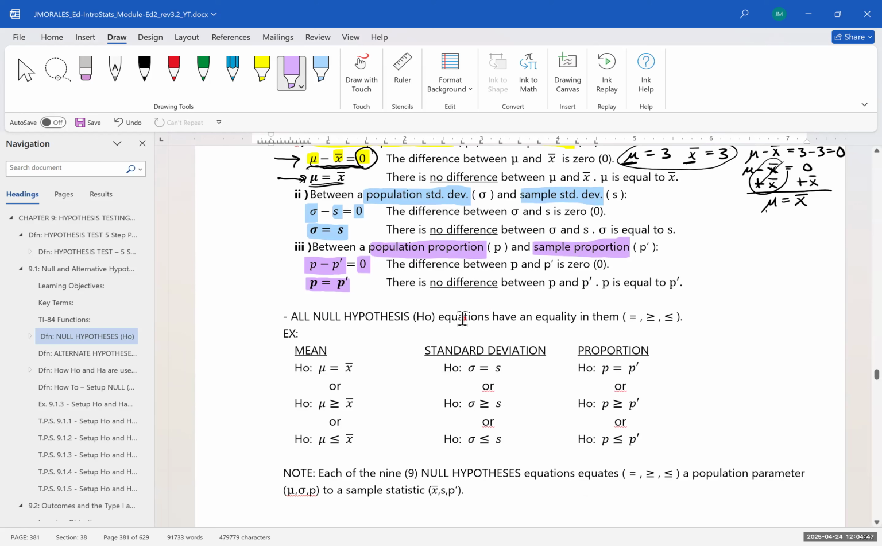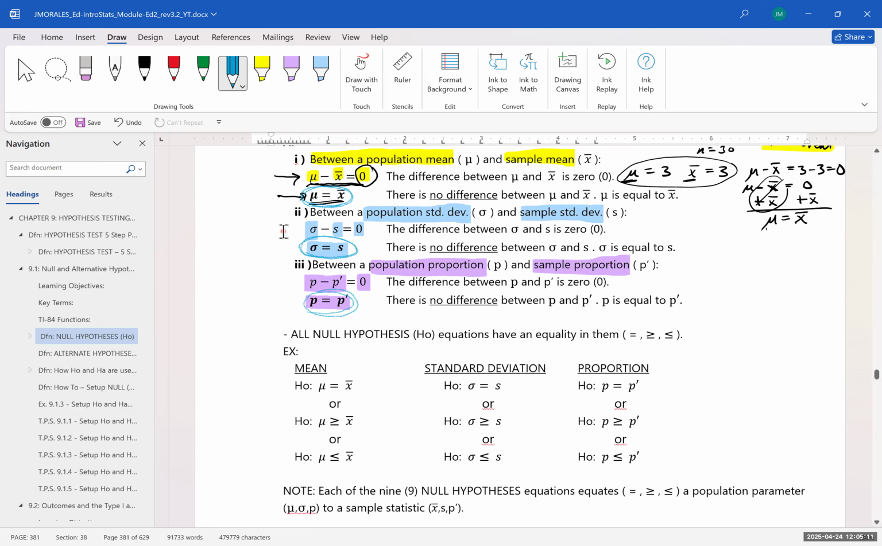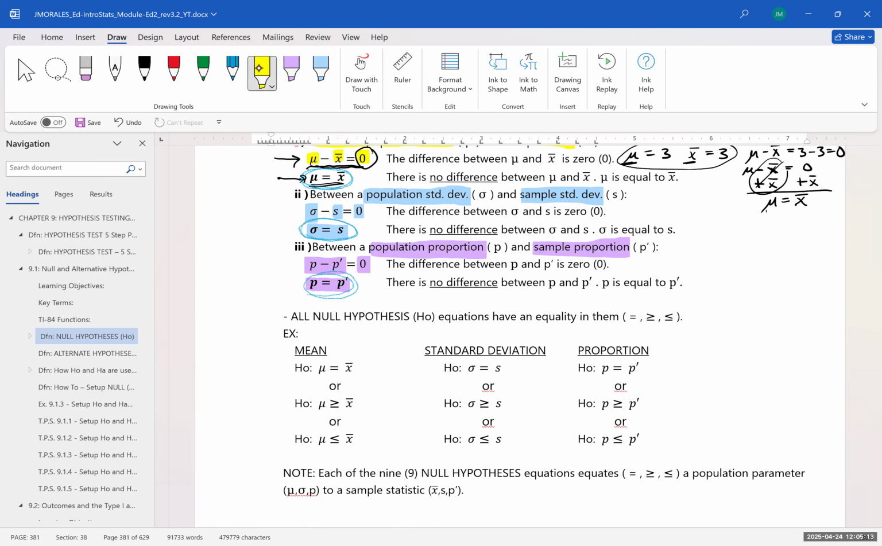All null hypotheses equations will have an equality in them. Up above, I said that the population mean is equal to the sample mean. The population standard deviation is equal to the sample standard deviation. The population proportion is equal to the sample proportion. So when you set up null hypotheses,